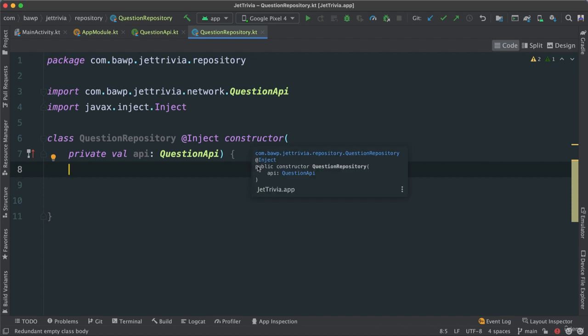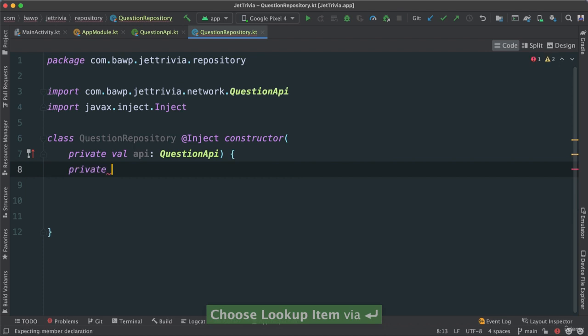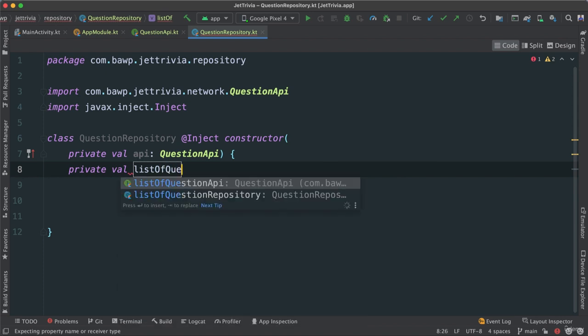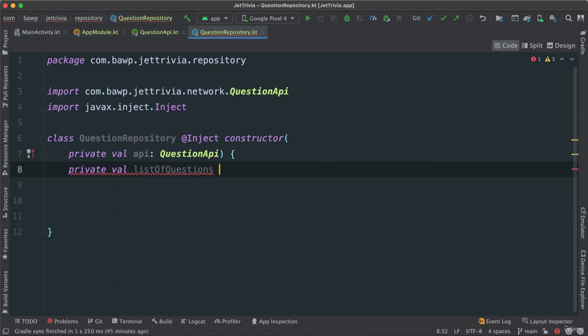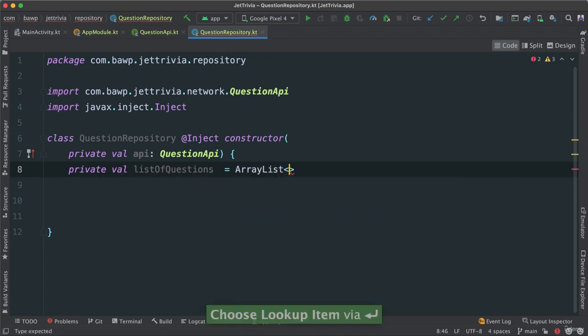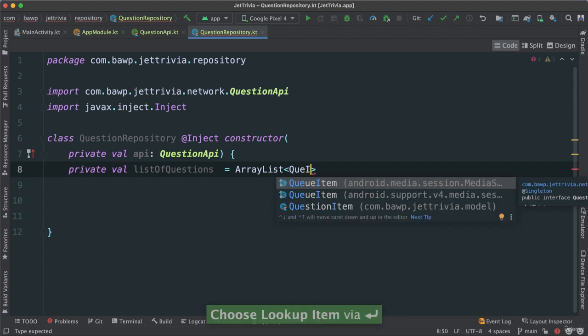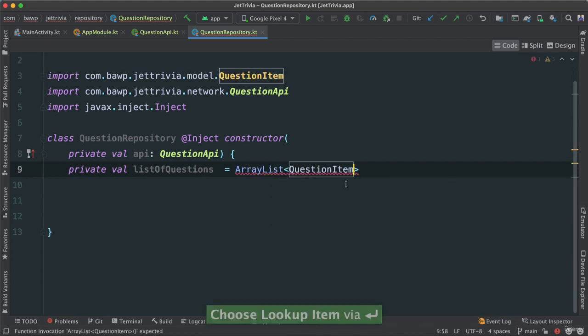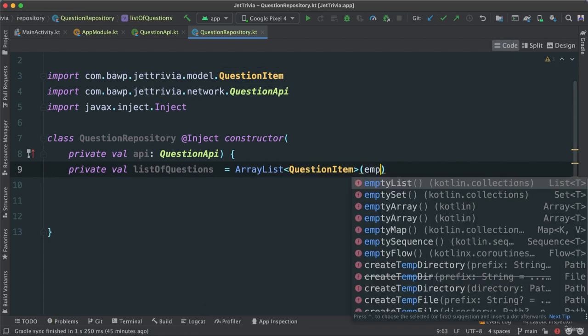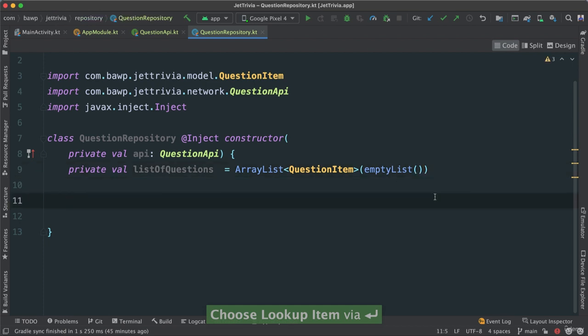So in our question repository here, first of all, we're going to create a private val called list of questions. In this case, this is going to be an array list of question items. And in the beginning, we're just going to have an empty list. Now, although this will work, because indeed we're getting an array list of question items from our API, we need to think a little bit about